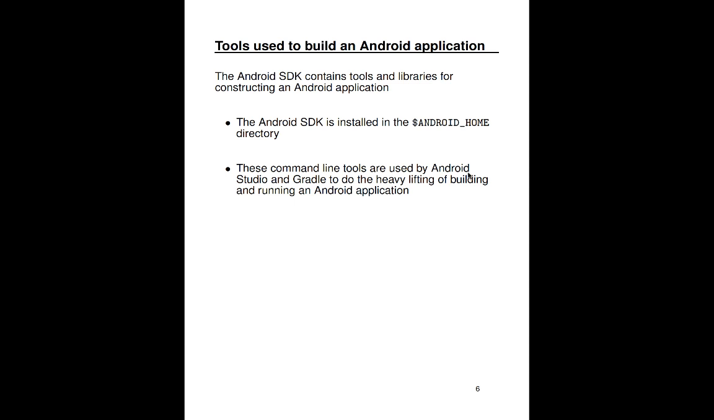So the Android SDK, Software Development Kit, contains the tools and the libraries that you use to construct an Android application. The Android SDK is installed in a directory referred to by the Android Home environment variable. What we'll talk about now is a series of command line tools that are used to build Android applications. It's these tools that are leveraged by Android Studio and Gradle to do the heavy lifting of building and